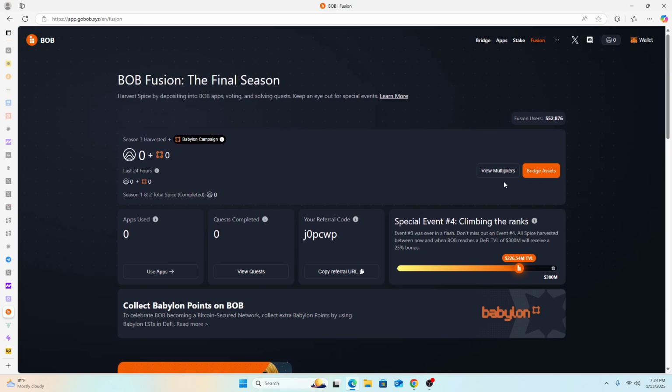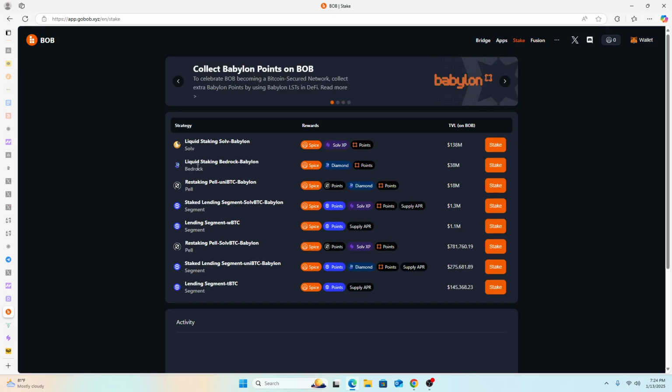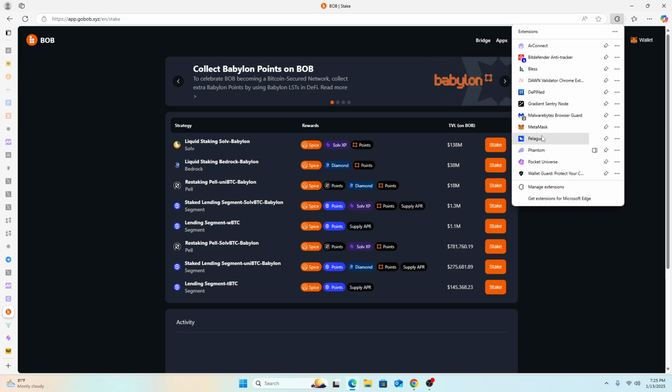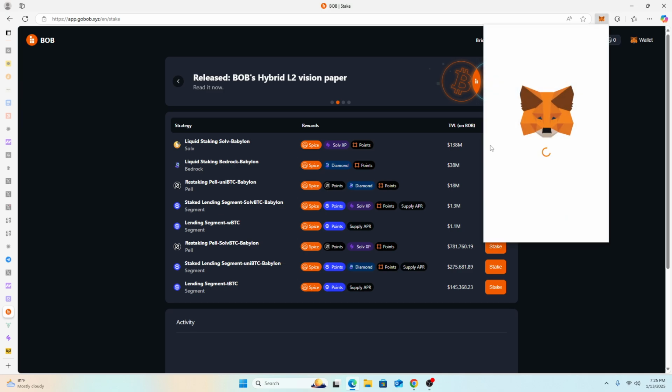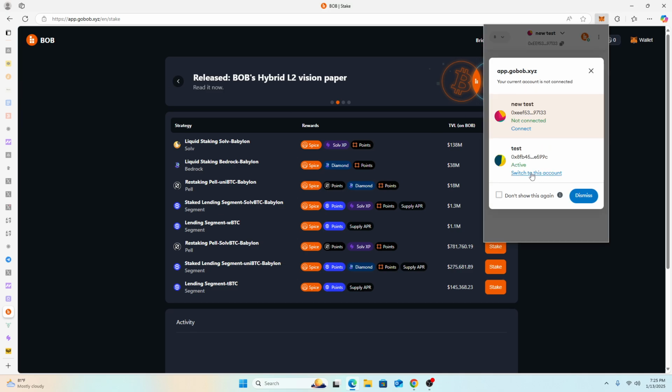And all you need to do is to deposit some assets onto the Bob chain. So now when you go to the stake portal here, we will then look into strategies after we have at least ETH available to us on the Bob chain. Now, when you connect to Bob for the first time, it will